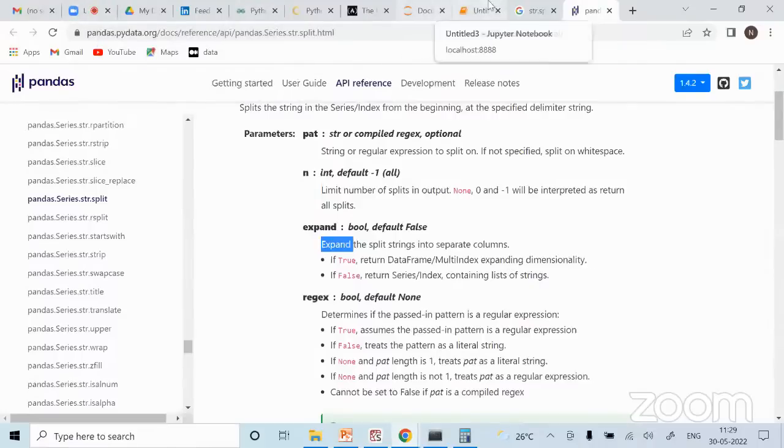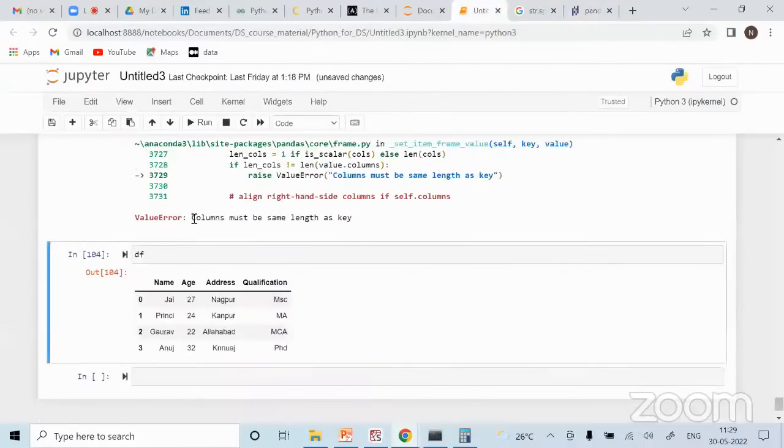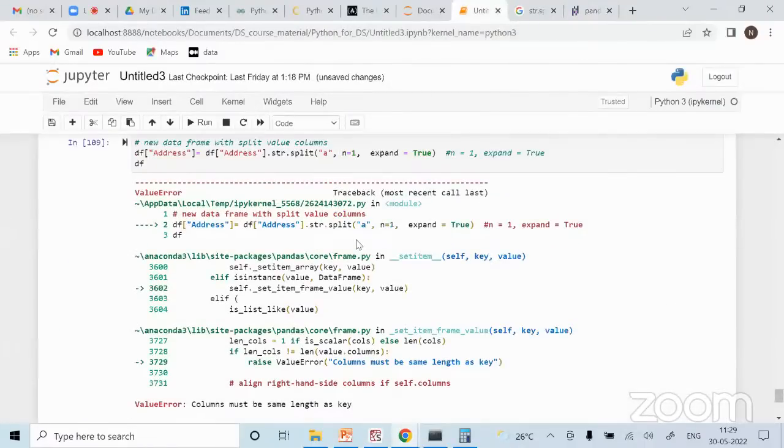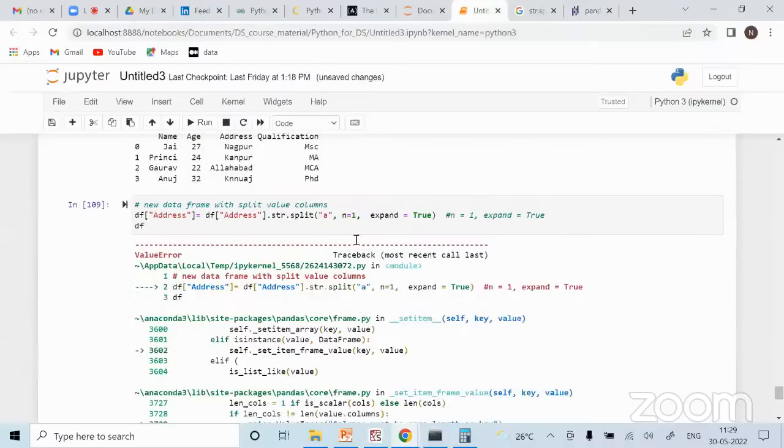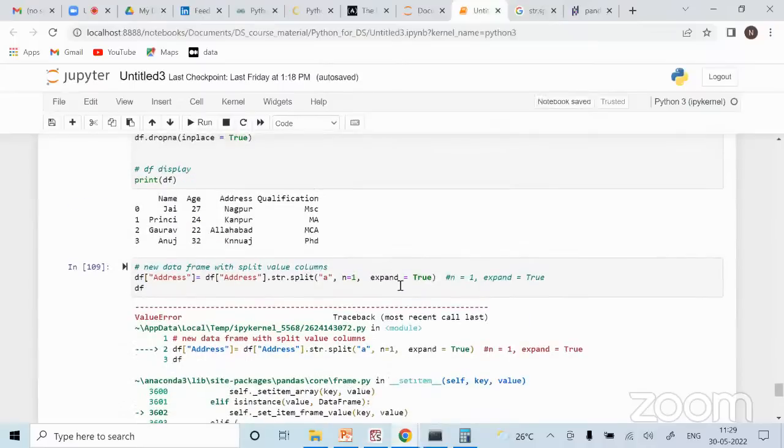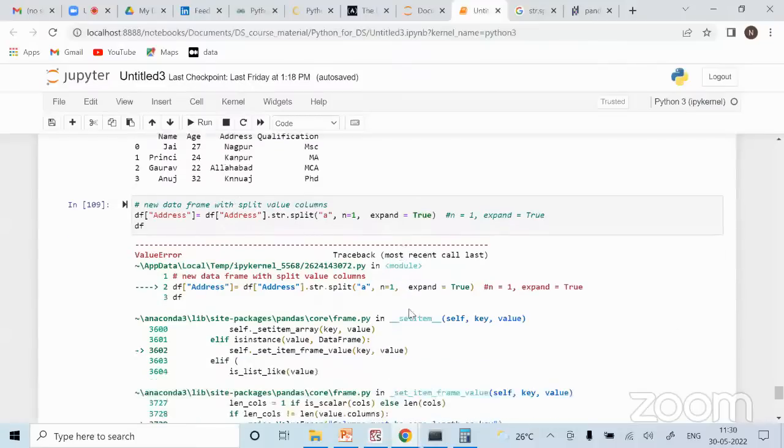I think this is the error it is giving. It's saying that columns must be of the same length as the key. So it might be happening that when it tries to expand, these are not the same splits or something. That's why it is getting an error.